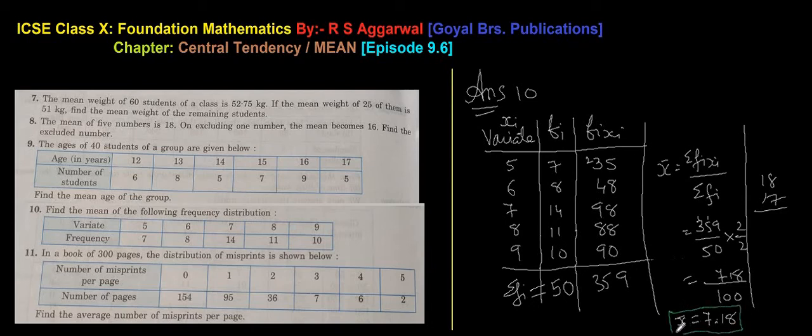Isn't it simple? If you have presence of mind and you know very well your mathematical operations, that is plus, minus, multiplication and division, then these sums become really easy. So this is how we do sum number 10. Let us move on to sum number 11.